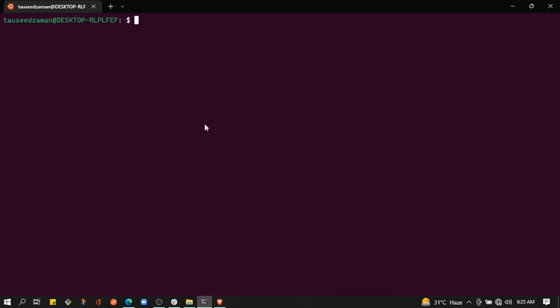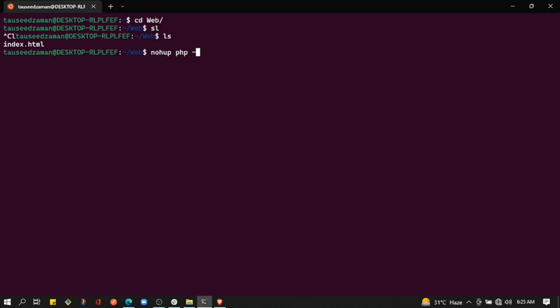So what we can do to not kill this process? Let's go to the web directory. Here I have index.html. So to start that in the background, just type nohup, and then the command that you want to execute in the background even though you kill the terminal or the session. So if I pass localhost, and then let's start this on port 8000,